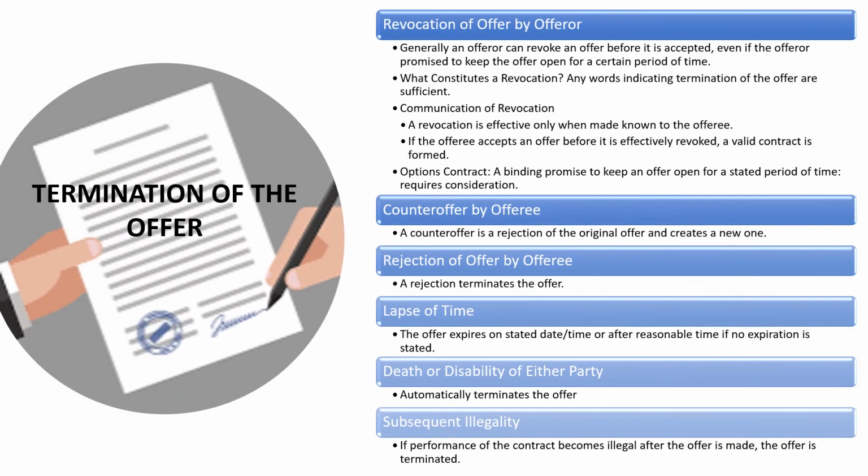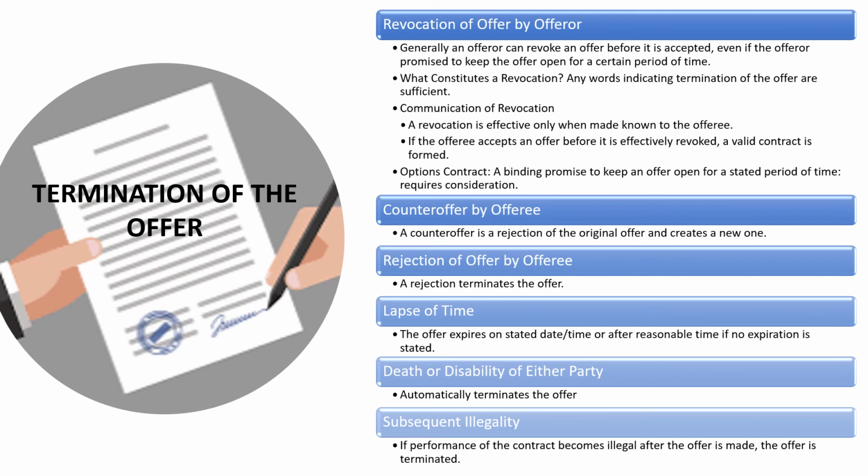The offeror has made a valid offer. They intend to enter into an agreement. They've communicated their offer to an offeree, and their offer has terms that are definite enough that the offeree knows what they are being offered. The offeree then has the decision to make whether or not to accept the terms of the offer. Once the offeree accepts the offer, there is a binding agreement.